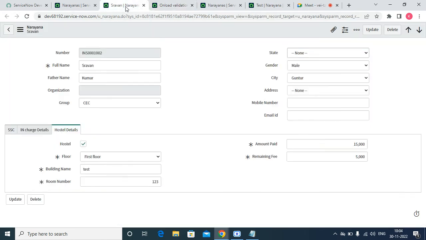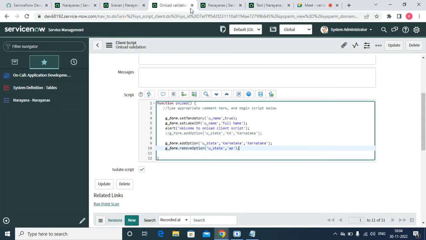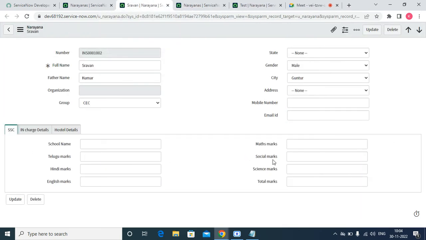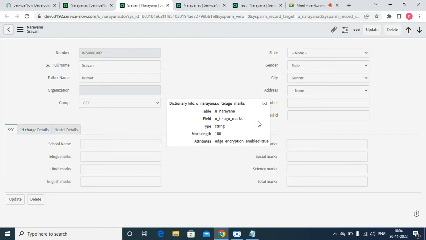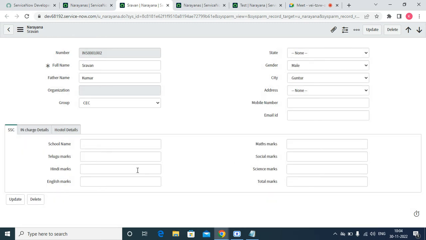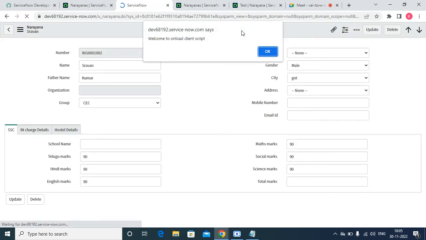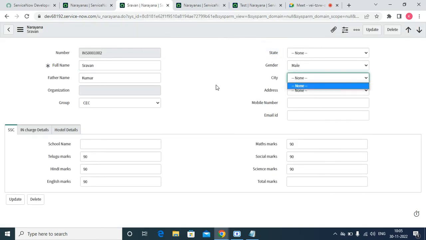Next one, the onSubmit. Here we have an SSC form, and here we have an option called marks. For example, I give marks as 100, then 90, 90, 90, 90, 90. If all the marks are 90, the total marks should be automatically calculated, and it should come to 540,